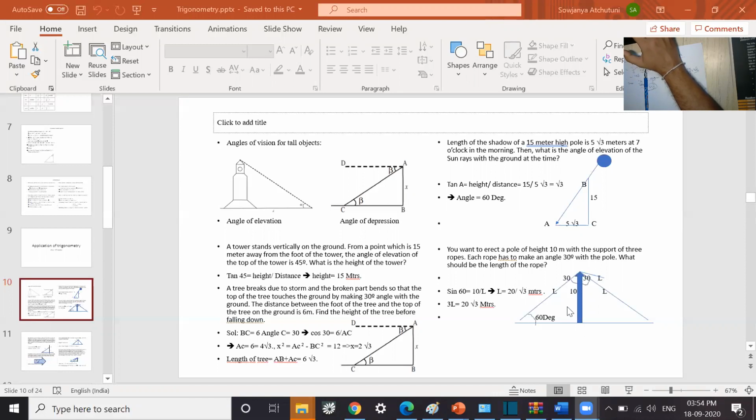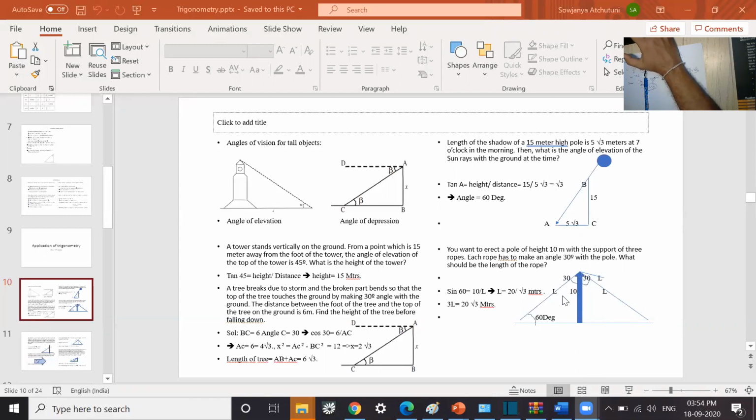So see this one. There is a tower which is tied by 3 ropes. Suppose wind is there. If wind is blowing like this, the tower will fall this side, but these 2 ropes will stop it. If wind is blowing from here, these 2 ropes will stop the tower. So these 3 ropes will stop the tower when wind comes from any direction.